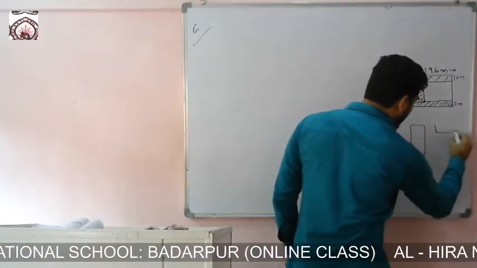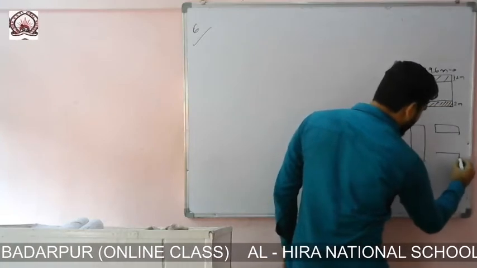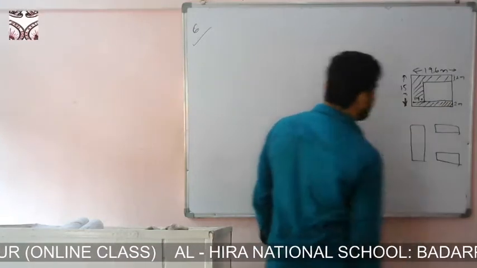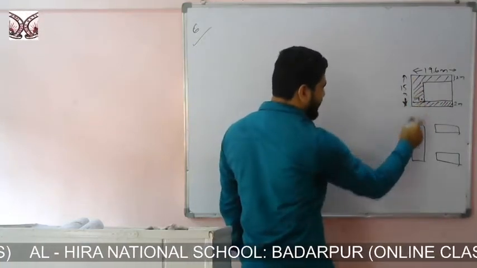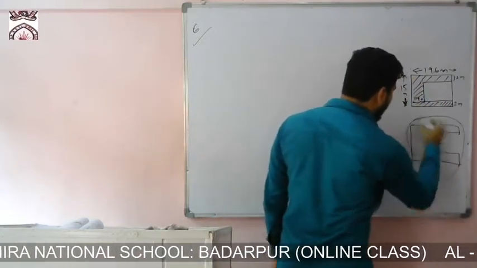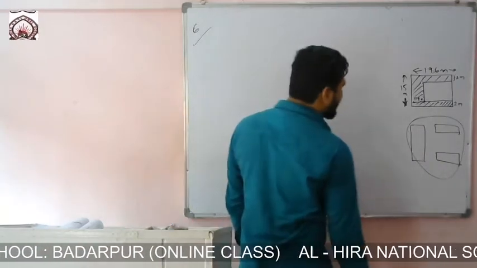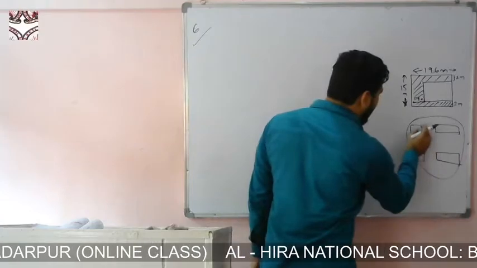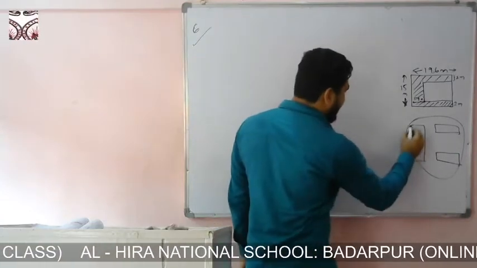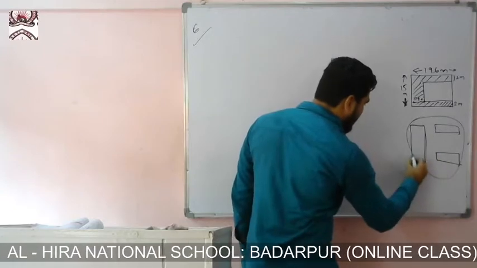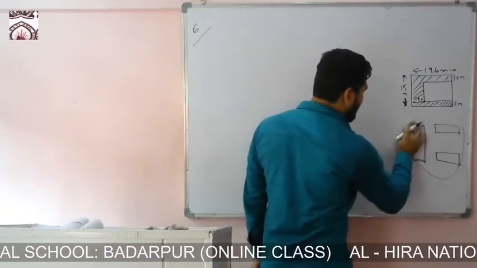That means these rectangles, this portion and this portion, these 2 rectangles are actually same. And if I add this portion, then I will get the total shaded portion. Then you see how to take the measurement of this rectangle. The measurement of this rectangle will be what?